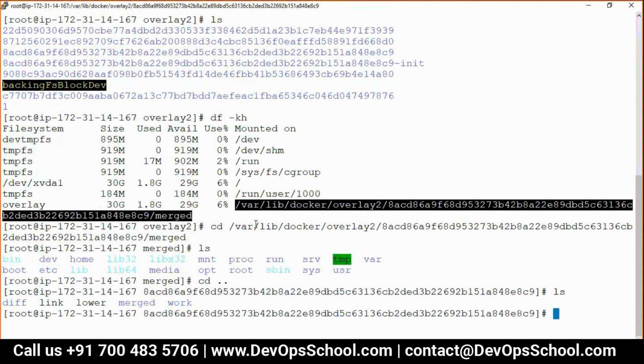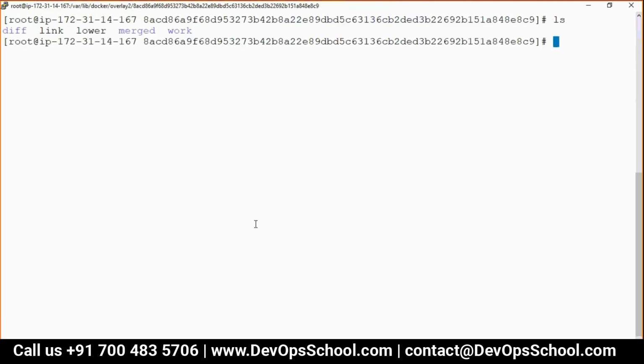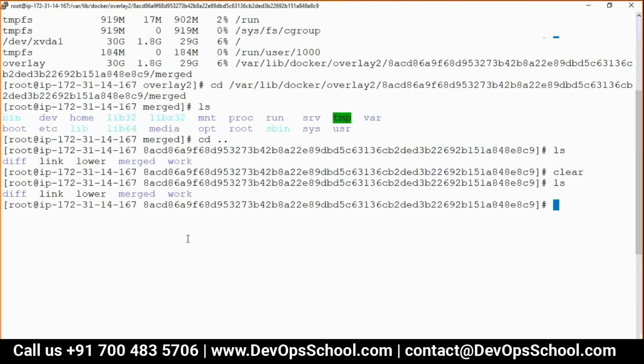Now you asked, what is merge, what is work, what is diff? Guys, let me tell you here. Everything of the layers is a directory. Everything in the layer diff directory gets merged together in the merge directory. Anything you write, you will find in the diff directory and the merge directory.